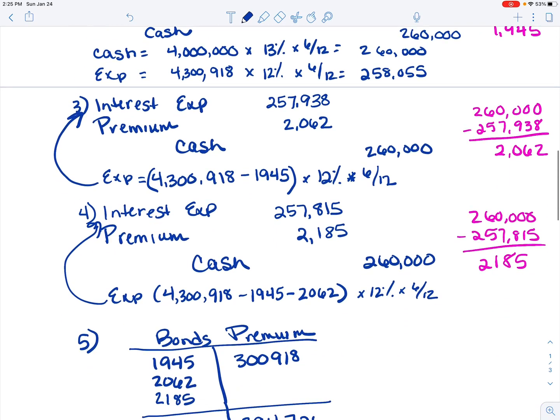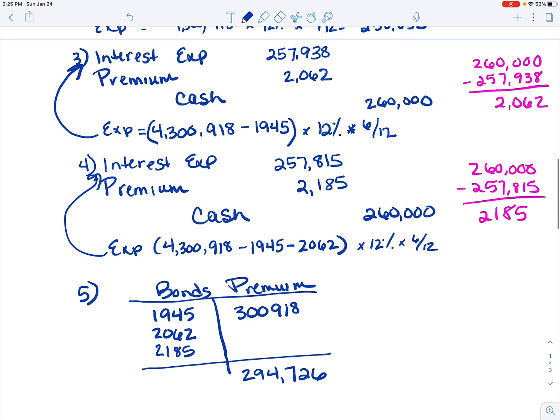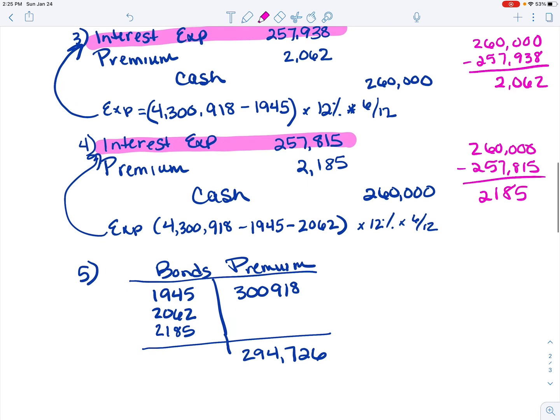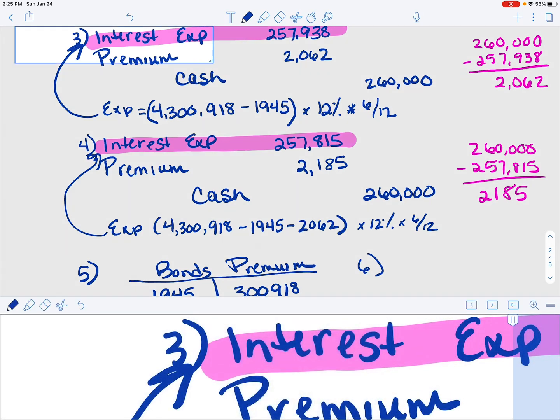So I'm going to scroll back down. I'm going to find my journal entries for number 3 and number 4. I'm going to pull out that interest expense for those years. I'm going to then add that up. And this was number 6. If I add those two amounts up, I'm going to come to,